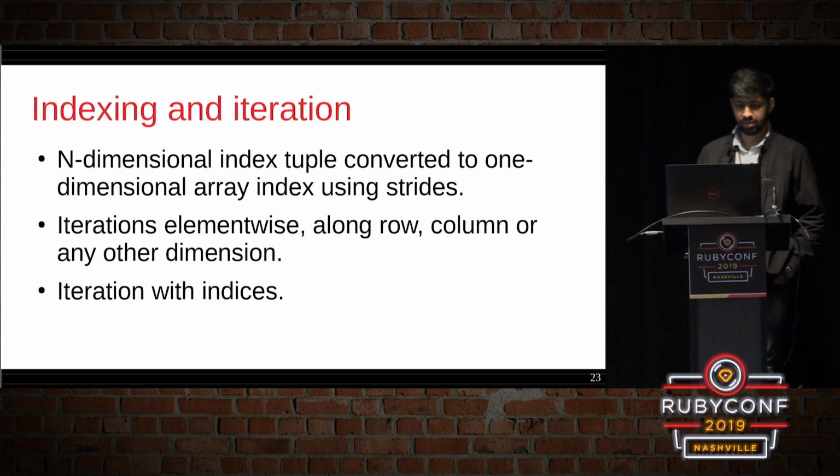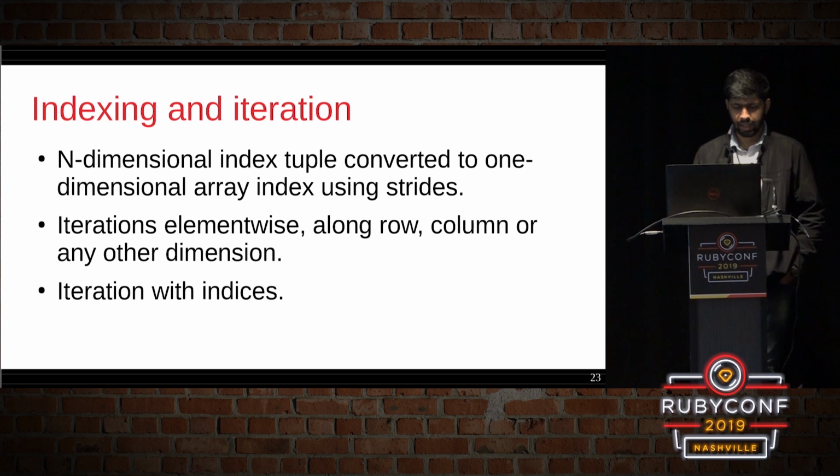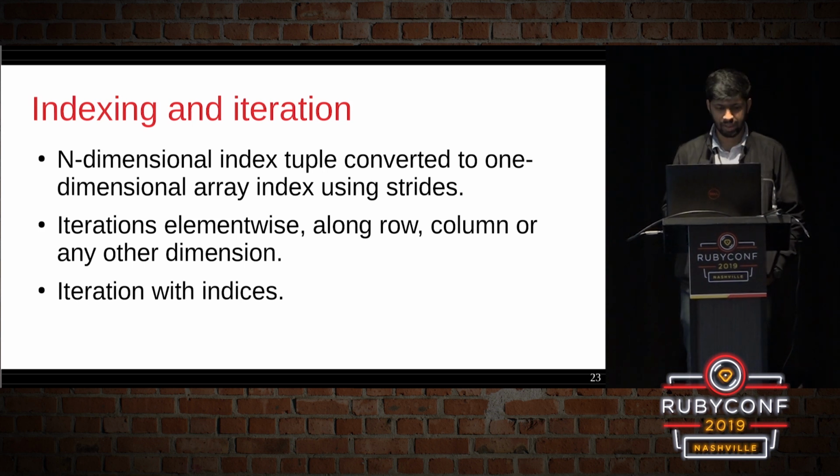So then comes the indexing. As I told you earlier, the n-dimensional matrix is stored as a 1D array in the backend. The n-dimensional matrix is indexed using a tuple of length n. And the one-dimensional array that's stored in the backend has an index with just a single value. So there needs to be a mechanism to convert this n-length tuple to that value. For that, we use strides. I'll explain an example of what stride is, and then I'll explain the mathematics behind it.